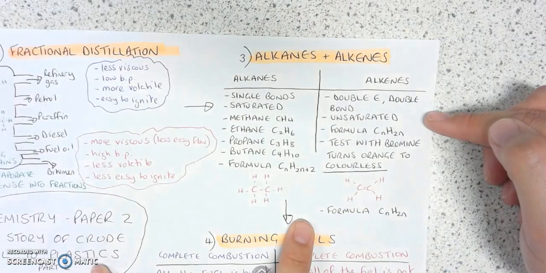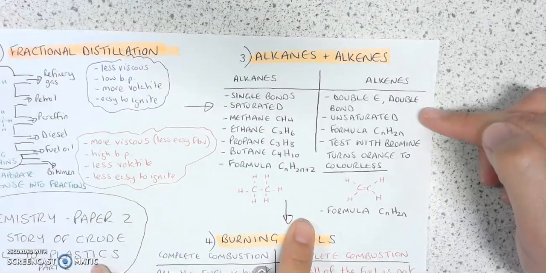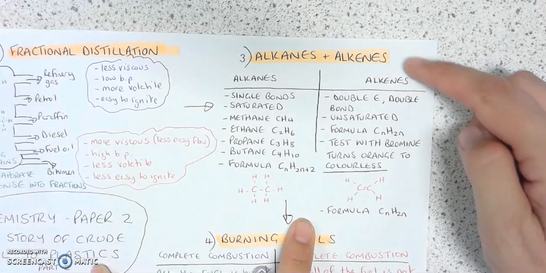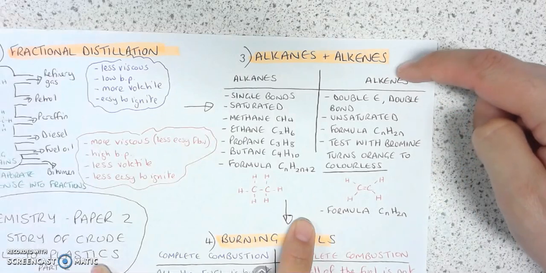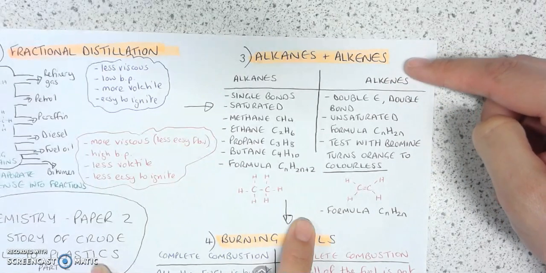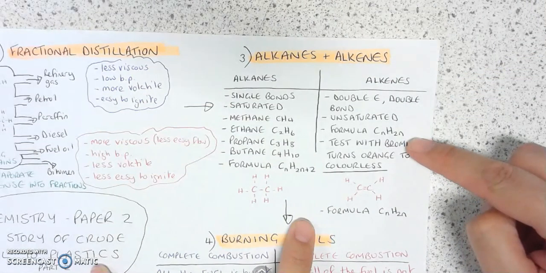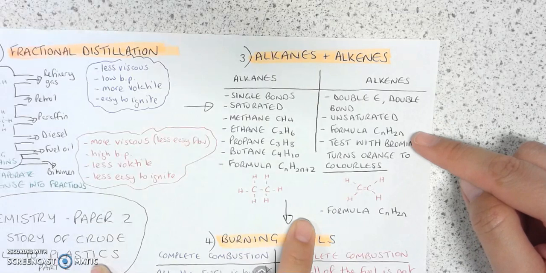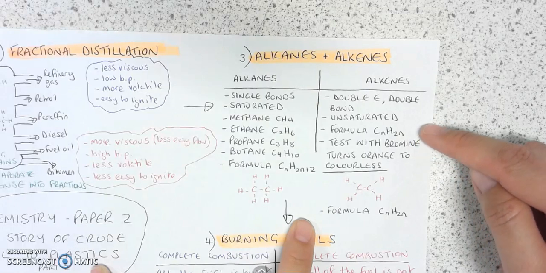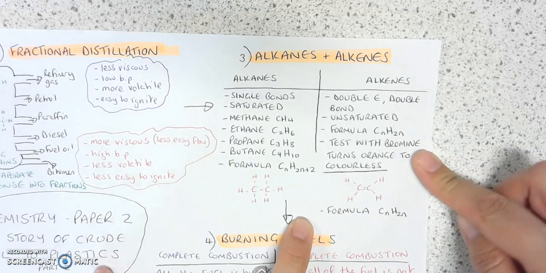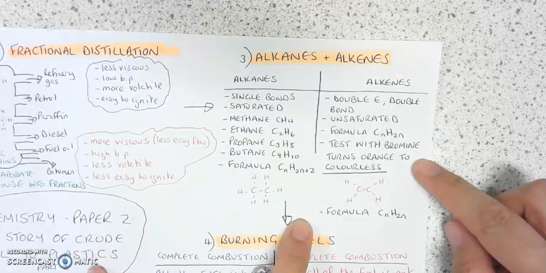Alkenes, on the other hand, are what we call unsaturated because they are not completely full. They have a double bond. I always think of alkene as having 2 E's, double E, double bond. They're unsaturated, and if you want to know the formula for an alkene, you just double up the number of carbons that you've got. If I want to test an alkene, I use bromine and it turns from orange to